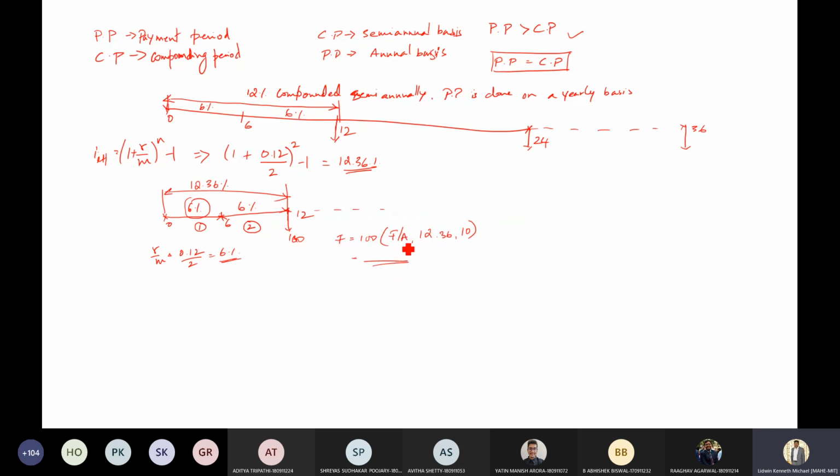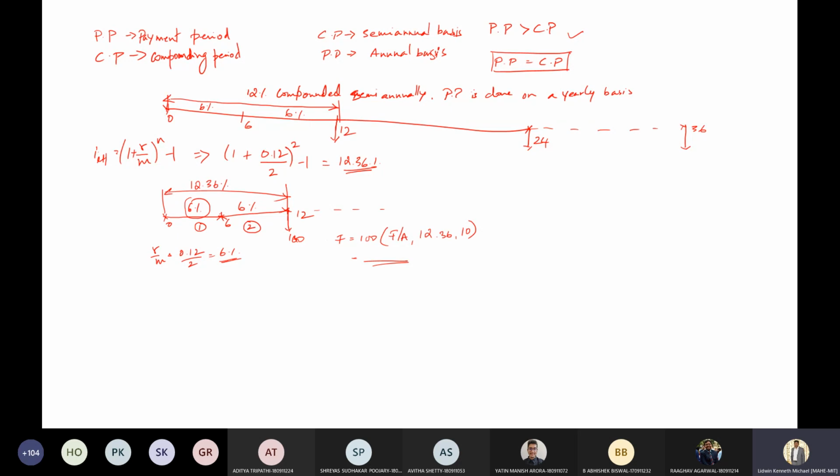You won't get this from the interest factor table; you have to use the formula for this particular case. So I hope you understand. Please use the formula for this case to calculate the above numerical. Don't write 12.36 is equal to 12. If you're going to do that, you will be losing marks. So please don't do that. Go with the exact formula. So I hope you are clear with this, the payment period as well as the compounding period.